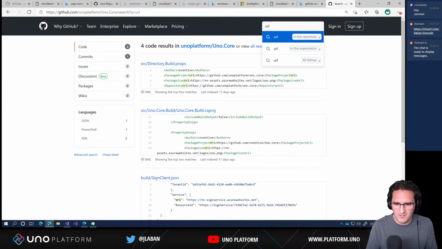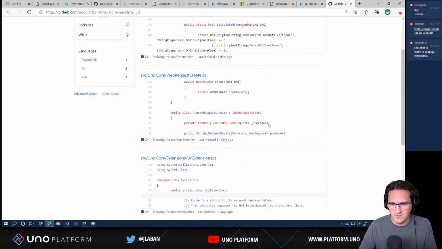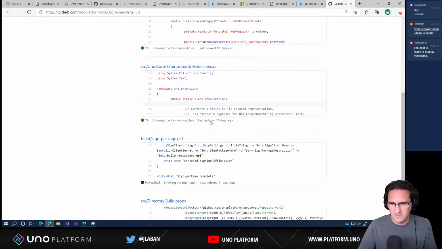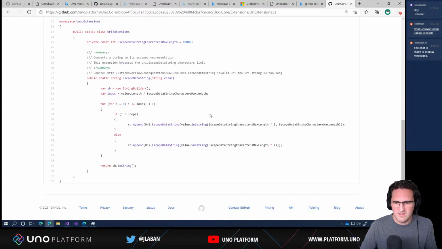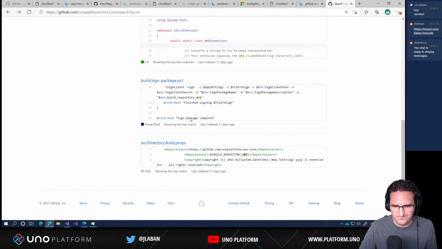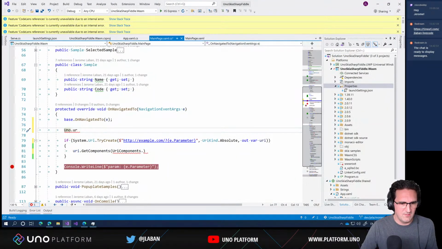Do I have something with URI here? URI extension. So we have something with URI extension. It's just the escaping of the string, so there's no splitting. Okay. I thought we had that, but anyway. So let's do it simply. Or maybe,